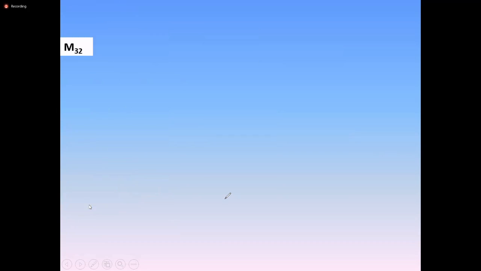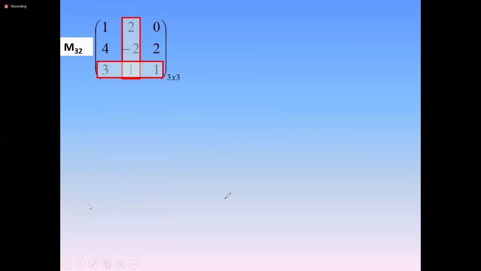Then the second element of the third row. What is the associated minor value then? Remove the third row and delete the second column. Then what can you see here? Very quickly you can do the calculation. Look at the value 1, 2. Your eye contact should be there. So M32 is 2.